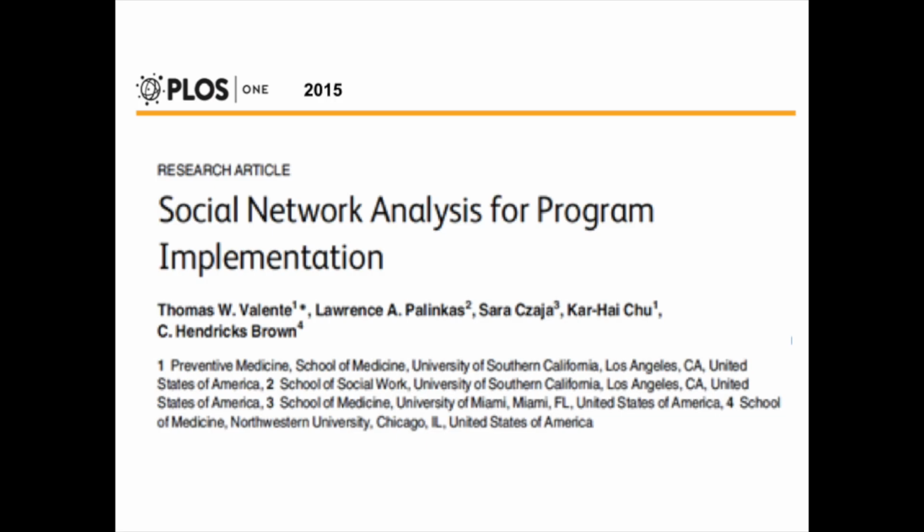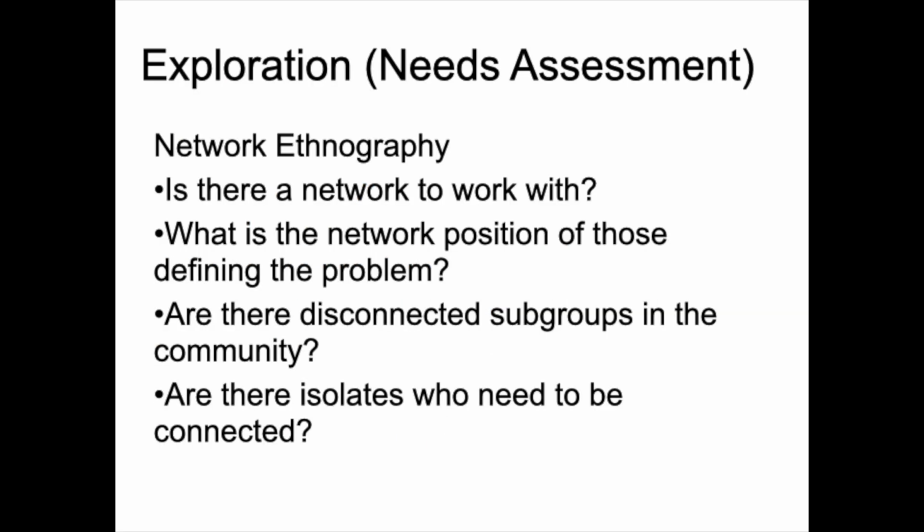And so at each one of these stages, there are network things that we can do, right? The kinds of outcomes that we get from those stages are here in this row, and the classic citations for each one of these are there in the bottom row. We don't do enough of this, or at least we don't document that we do this a lot, which is to think about network ethnography,